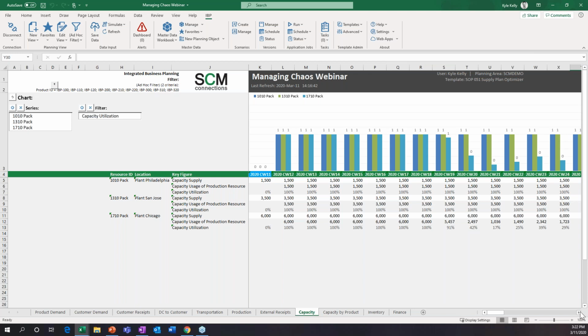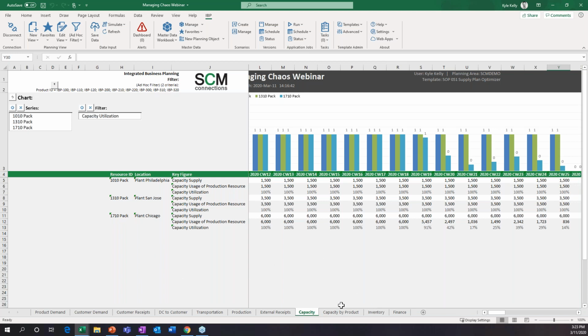But then further out in the horizon, you're going to notice that specifically for this teal color, which corresponds to the 17 pack, which is our Chicago plant, it starts dropping down. That is because the Chicago plant is the most expensive plant out of the three. The nice piece about Optimizer is, depending on what setting you have, and we're at profit maximization, it's going to try to ensure that not only can we meet demand, but we're also doing it in a responsible, value-based way. So when it doesn't have to, it will not use the higher priced Chicago plant, and you can see that over here.